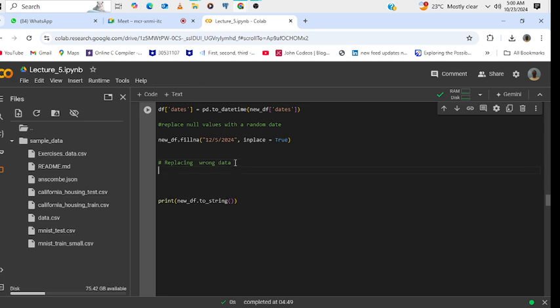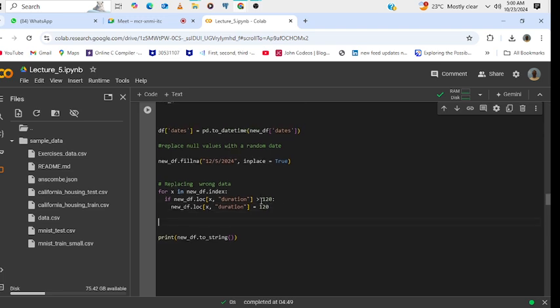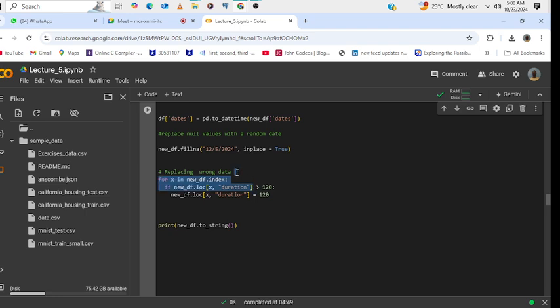And just try out that. So in this case, I'll just use a for loop and an if statement just to check. The for loop is to loop through our column, and we are saying that for x in the new df dot index, and we want to, if the new df dot log x,